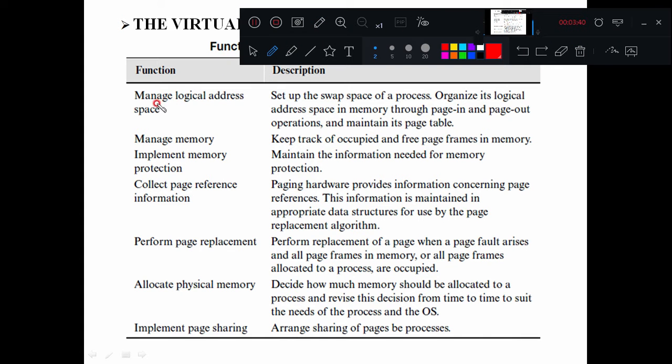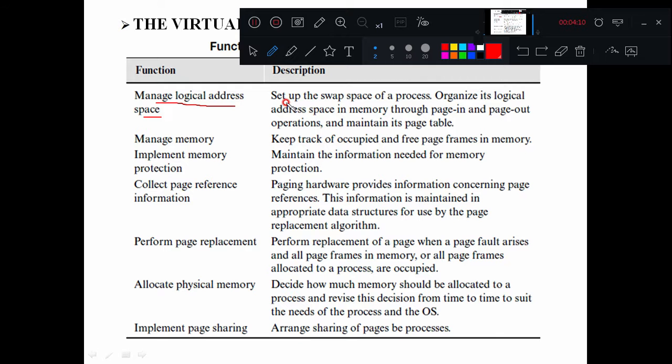The first function is to manage the logical address space, right? Because multiple processes are going to run in a computer system, and these multiple processes have multiple logical addresses, the virtual memory manager has to maintain a list of all these logical addresses.